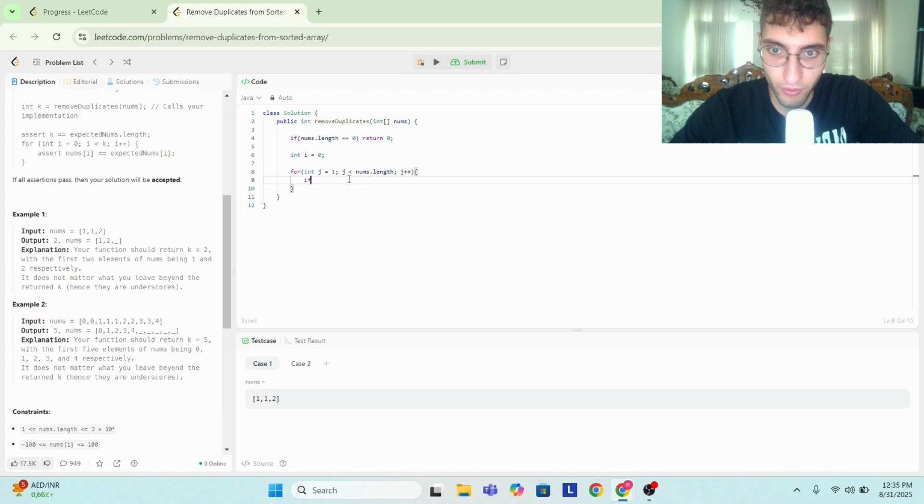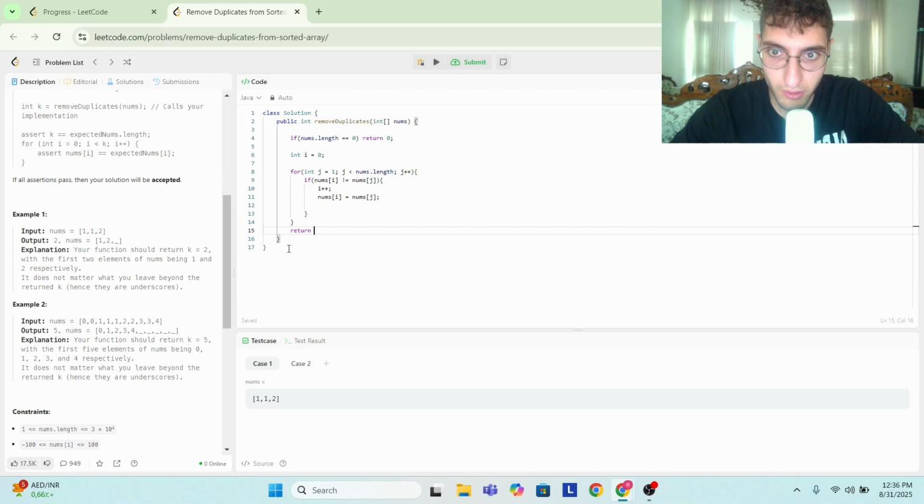So what we're going to do is say, if nums at i is not equal to nums at j, then increment i, and then we store in nums at i the value of nums at j. Otherwise, if they are the same, we're going to keep iterating until we find a unique element. And then finally, what we need to do is return